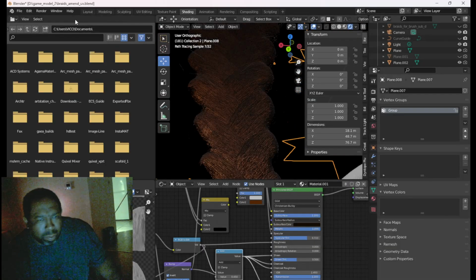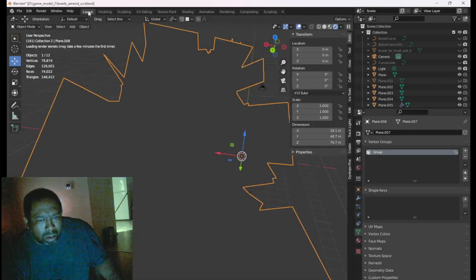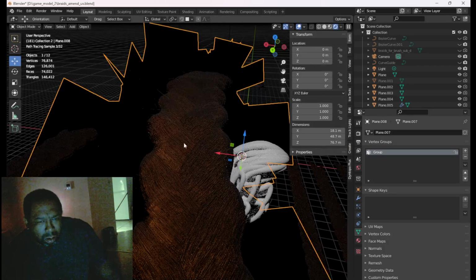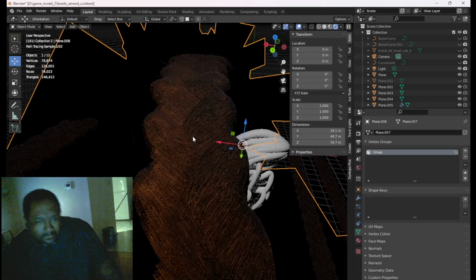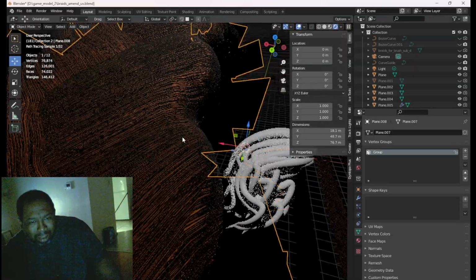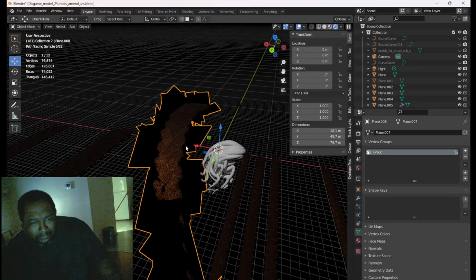So that's not too bad. Going close up with some hair, depending on how, if I got the camera,